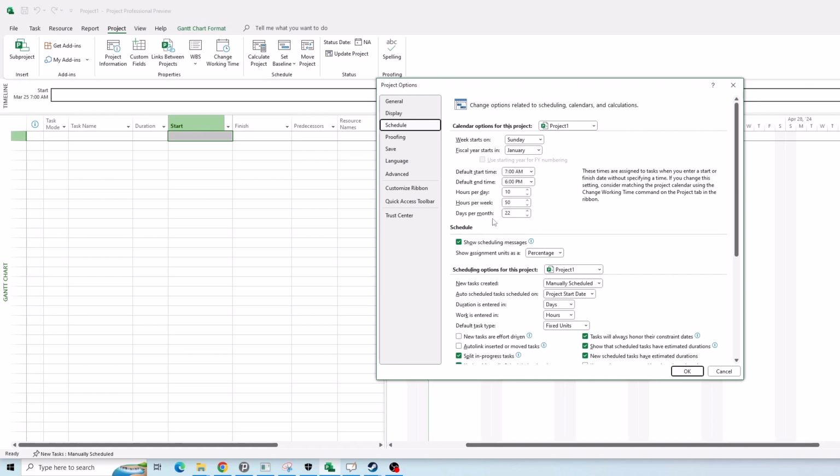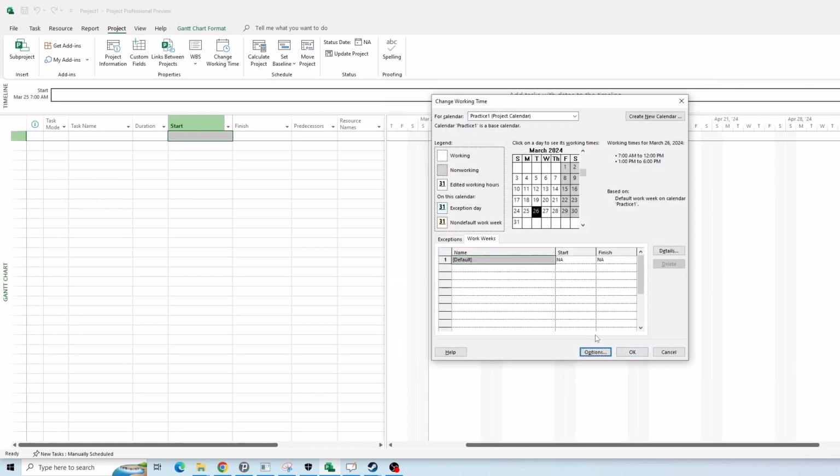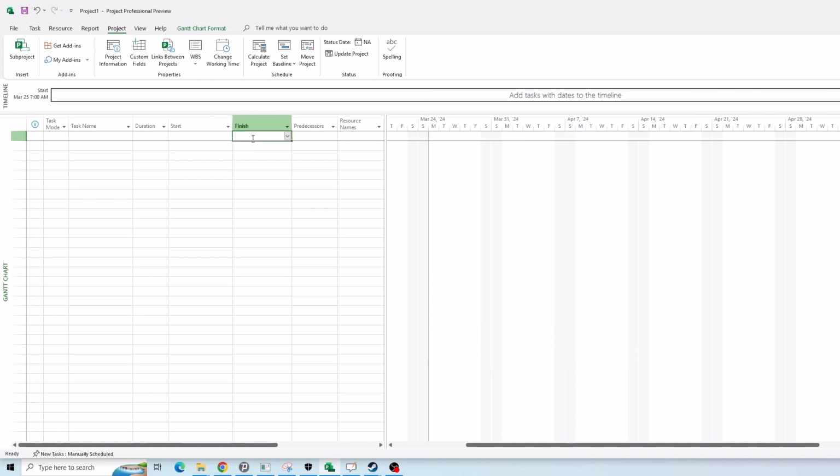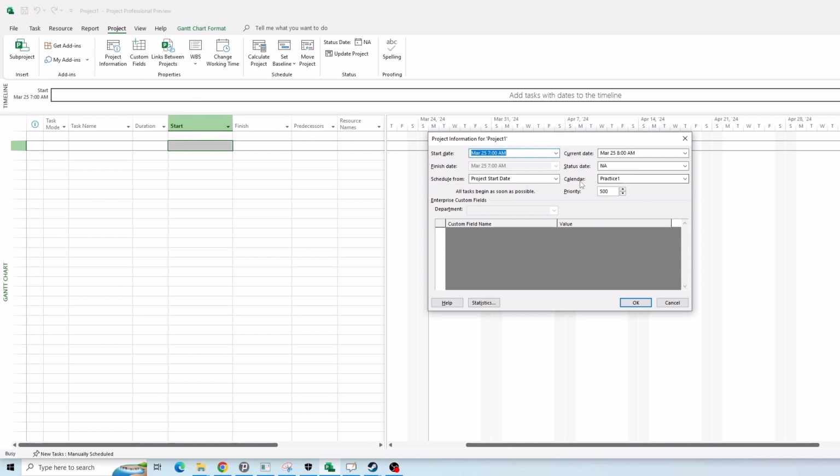It's very important. Another important point that you need to check and make sure is set up and configured is inside of the project information: you need to assign that calendar to your project. Here, for example, our project calendar is Practice 1. So here I assign it. Here also,